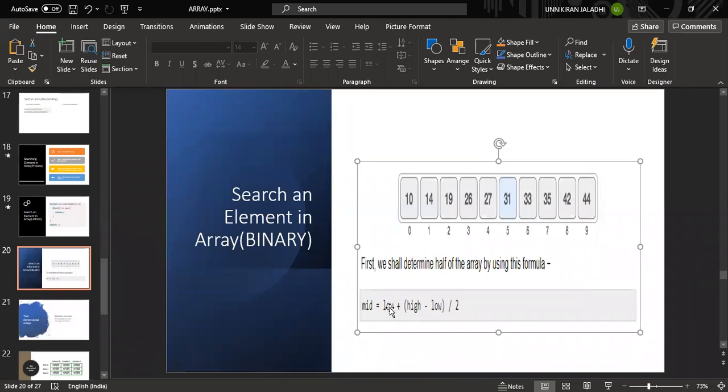So now the low value will be mid plus one. Mid plus one in the sense 4 plus 1, 5. 5 we are going to place over here. Next high. High is 9 already, and low is 5. What is the value for that? 5 plus 9 minus 4, 9.